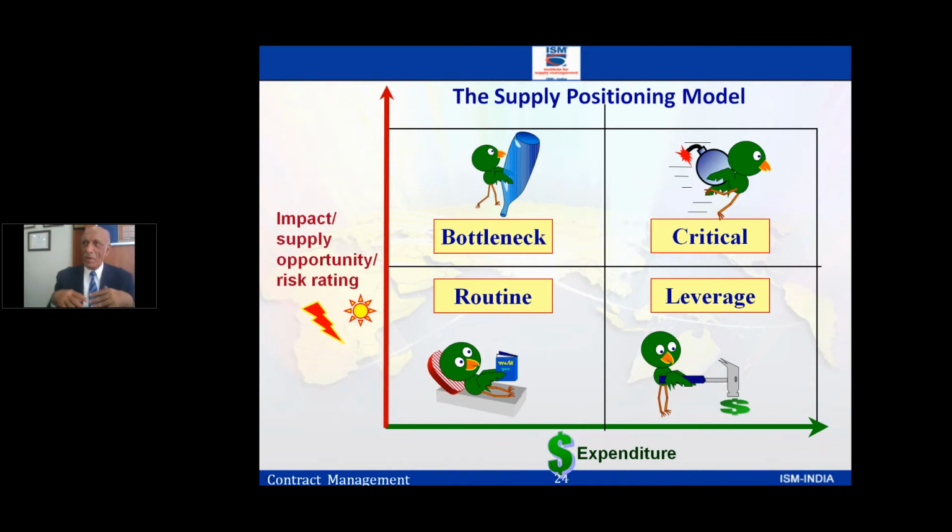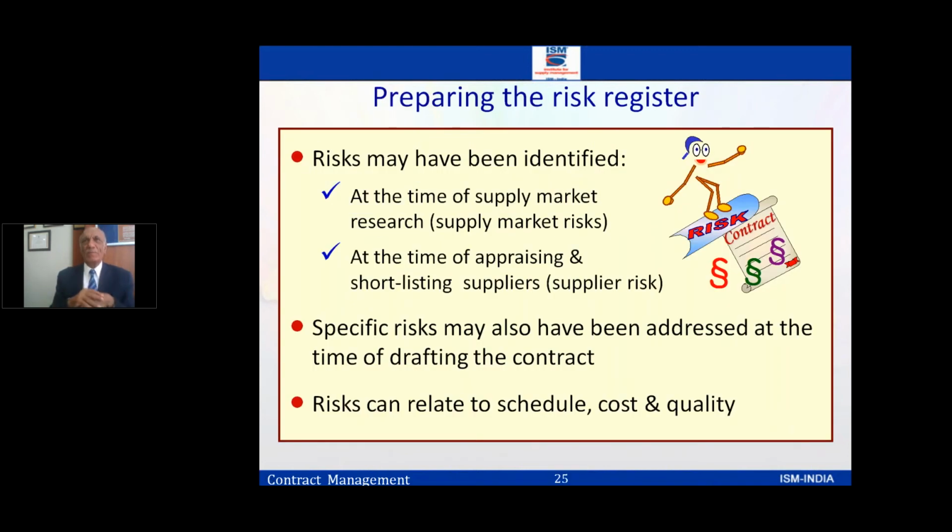So in short, you can't have one solution for all, guys. I've learned this technique, I've learned the strategy, but the strategy will vary depending on what type of supplier it is, what type of relationship you have with the supplier, what type of item it is, a high value item, low value item, low risk item. So based on that, your contract management will work. Now the next thing is, I've decided the strategy depending on the 2x2 matrix, and based on the strategy, I'll develop my own tactics.